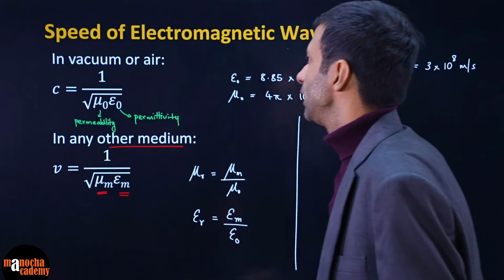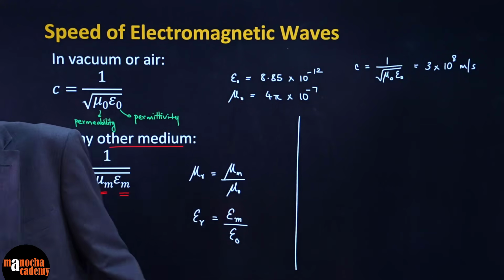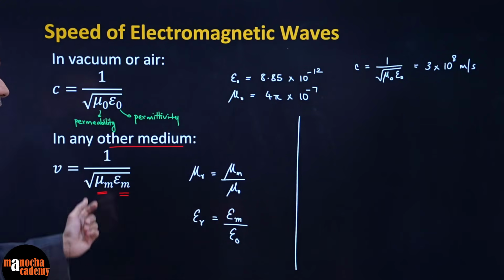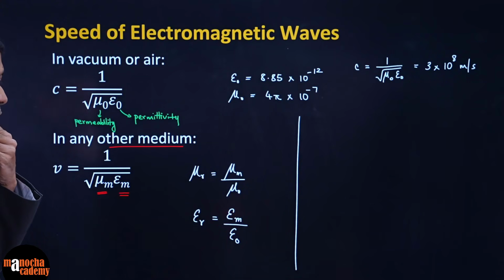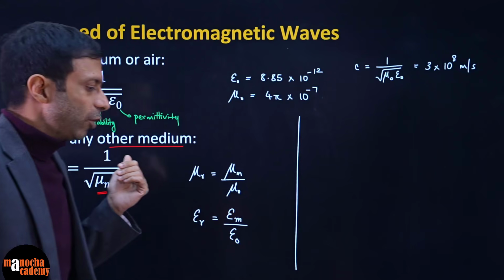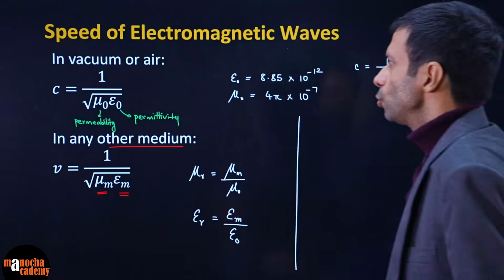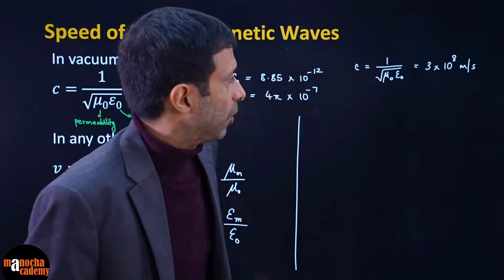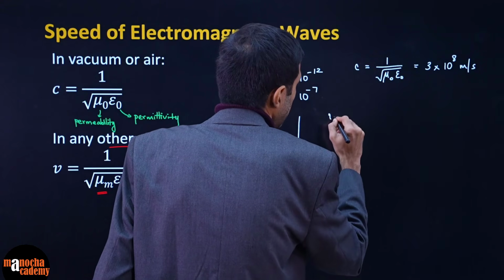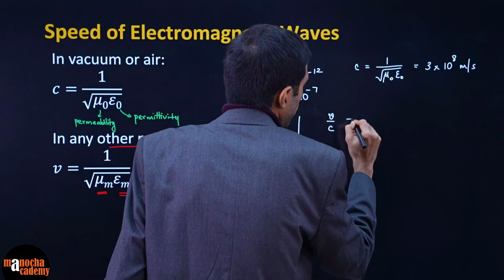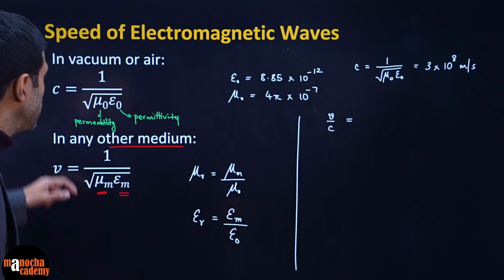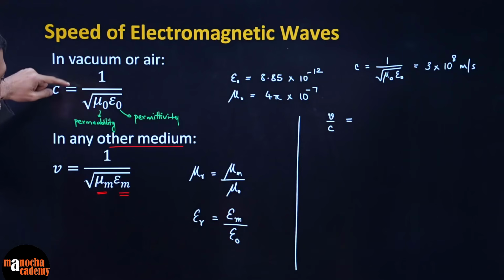Let's see if we can connect these guys, because I wrote relative stuff here. So let's see if we can easily connect them. What we can maybe do over here is, why don't we take a ratio of C by V or V by C? So let's take a ratio of V by C. Come on, let's do this, and I think it will help us in that question. You can do it without that also, but if you take this ratio of V by C, what can I write?